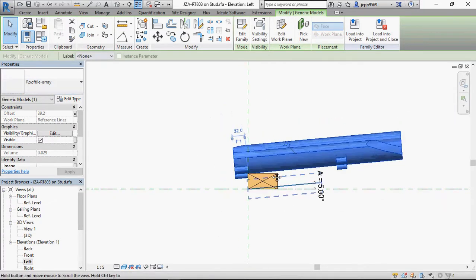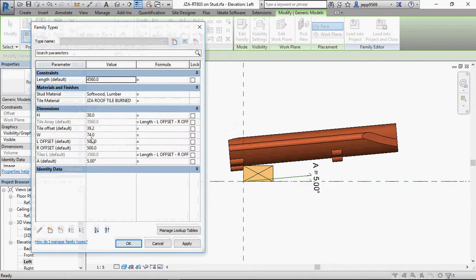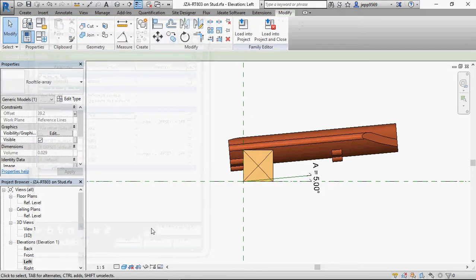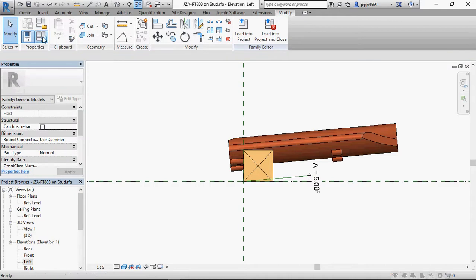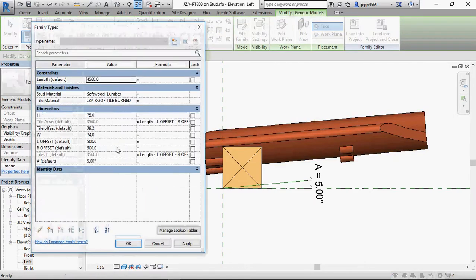Let's say I'm changing my batten here to a very tall type. Let's say it's a 75 tall. And now, of course, the tile doesn't fit, so I can control it and say,